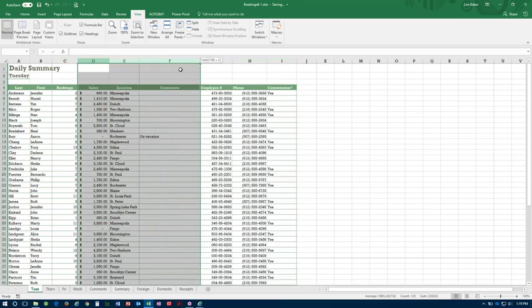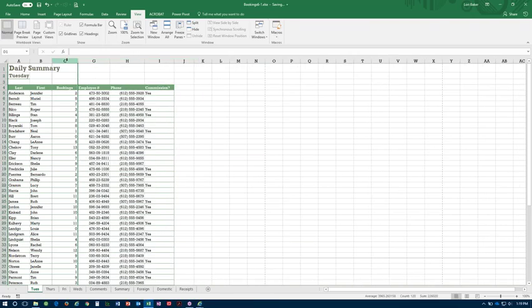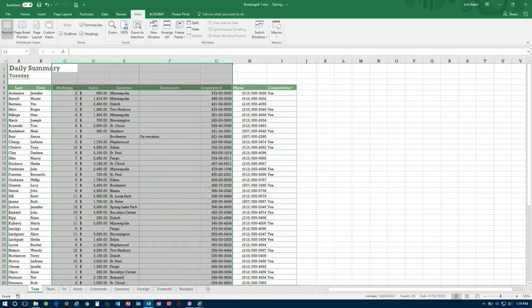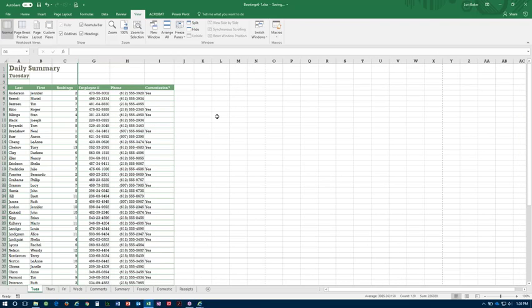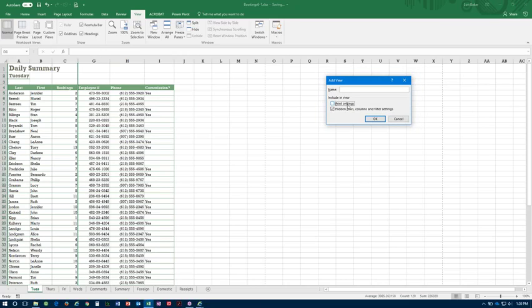But sometimes it might be multiple columns. Let's take these columns. I'm going to right-click on the columns and I'm going to hide them. But if I'm not real good with the mouse, go for the column before and after and just highlight them. Right-click and unhide, and it will unhide everything in between. That, to me, is the easiest. So I'm going to re-hide these again. And so now I've hidden this, and I'm going to make a custom view. I can make a custom view by naming it, and I can do my print settings and hidden rows and filters. So we will go ahead and save that and just say missing